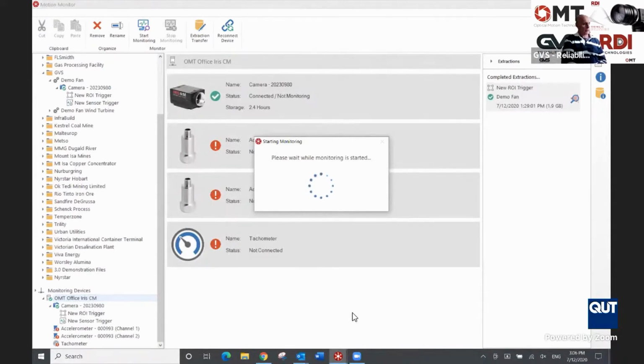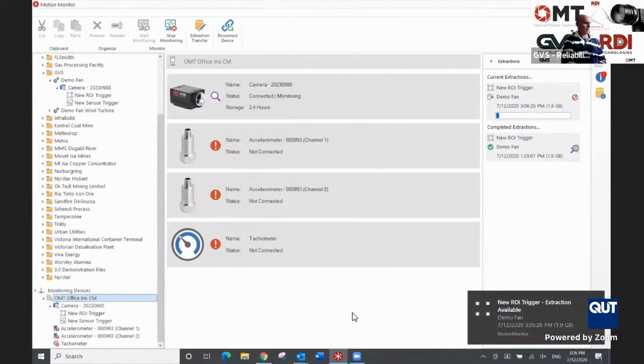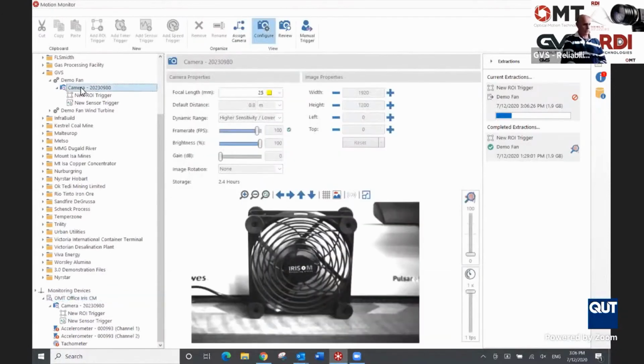So while it's getting set up to start monitoring, that's monitoring now, continuously. Now, in that trigger setup that we were looking at just a moment ago, you could see that it was already above the set point. So immediately, if I go and have a look at that camera, it's been triggered. The set point has been triggered, and we've got some video footage that's being stored automatically by the